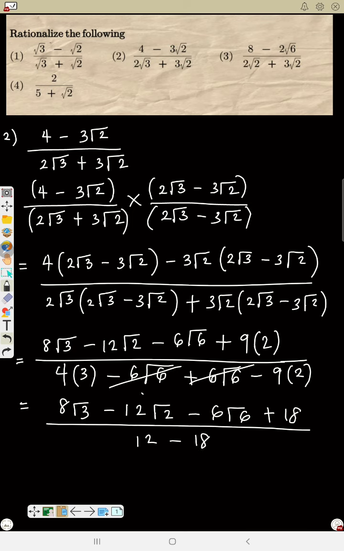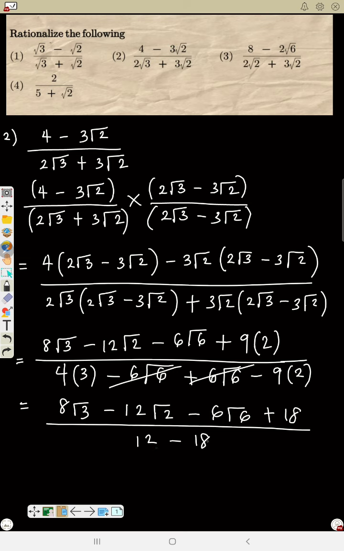So in the numerator, you can't do anything here. Meaning you can't add and you can't subtract because they have different roots. So you leave it like that. So leave the numerator like that. Now the denominator, you can subtract that one. So 12 minus 18,